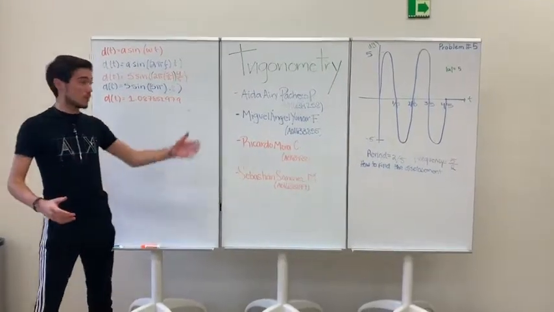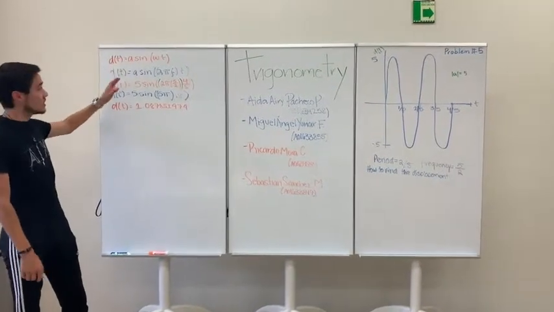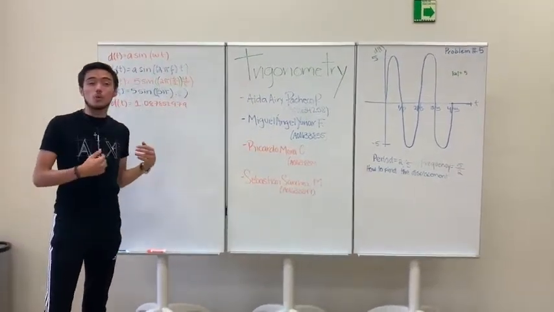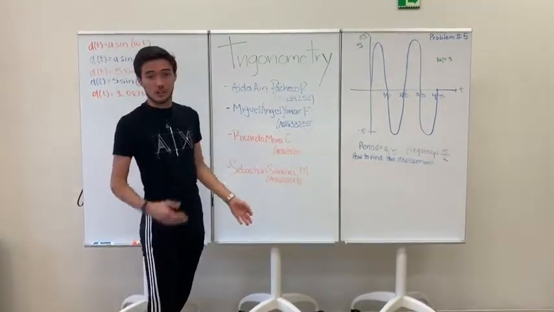By solving problem number 5, we get a new formula: d of t equals a sine w times t. We know with this formula that we can apply the trigonometric functions in our daily lives, as we can